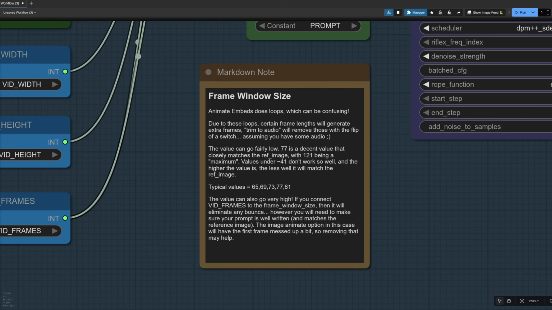I also have some notes here on the frame window size. As I've been playing along, I've been typing these in. So Animate Embed is the thing which does loops, which can be confusing if you're not expecting it to. And as mentioned, due to those loops, certain frame lengths will generate extra frames, with trim audio being an easy way to remove those extra frames at the end, just at the flip of a switch. The value can go fairly low, with 77 being a decent value that also closely matches the reference image, with 121 being a sort of maximum for matching the reference image, with values lower than 41 not working quite as